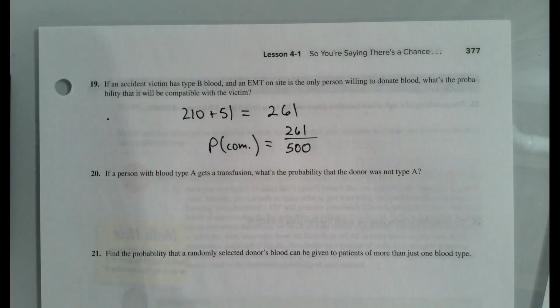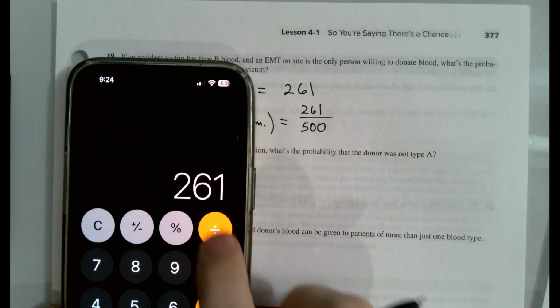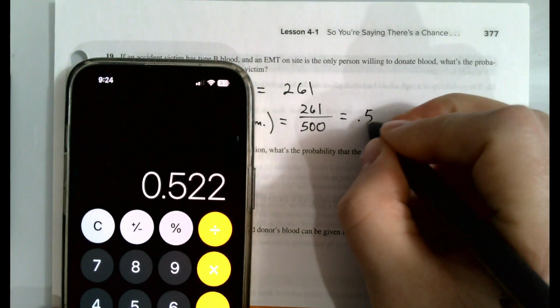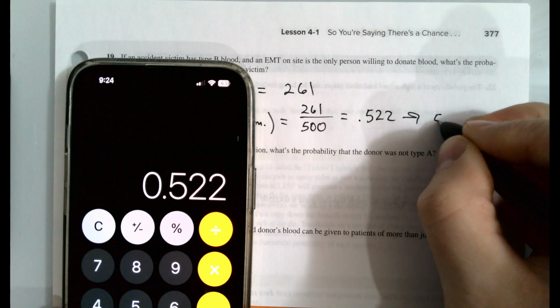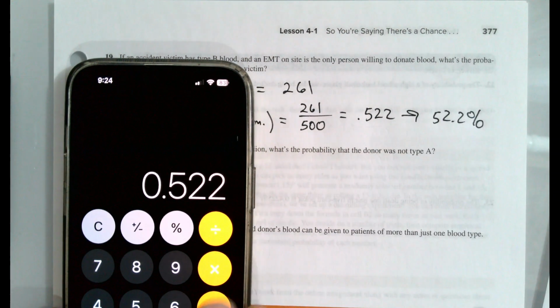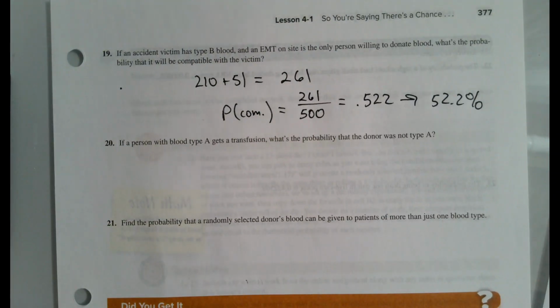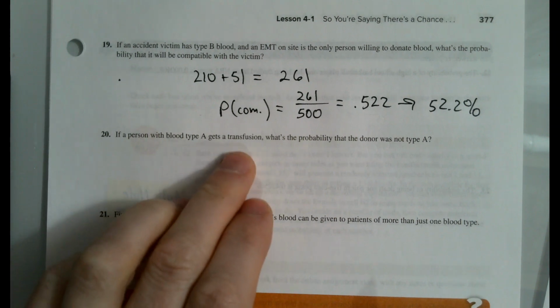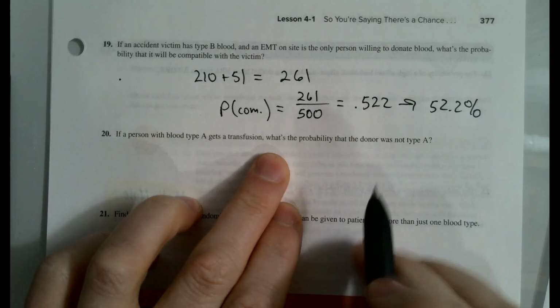I will again type that into my trusty calculator, 261 divided by 500, and I'm getting, there's a 0.522 chance, or a 52.2% chance that that EMT would have the correct blood type and be able to donate to that person. Okay, if a person had blood type A and they get a transfusion, what's the probability that the donor